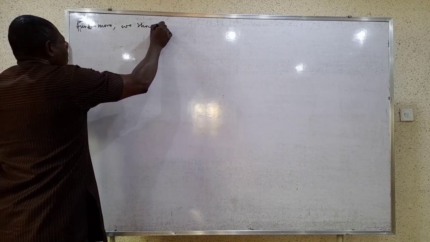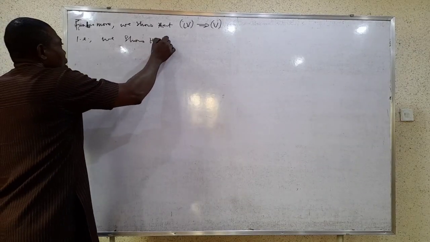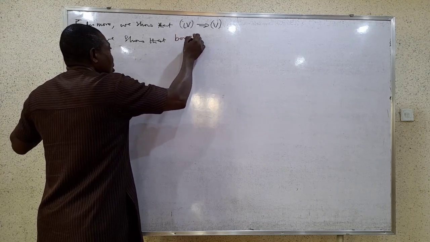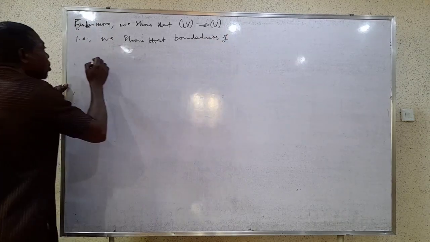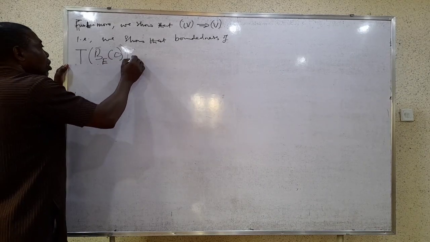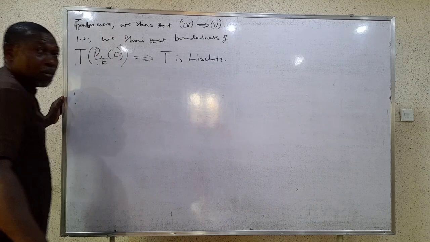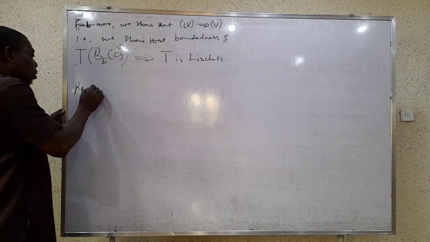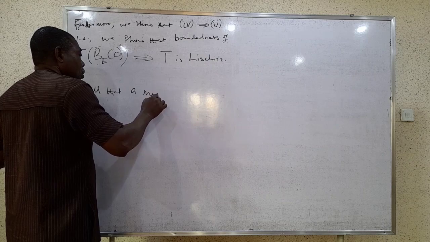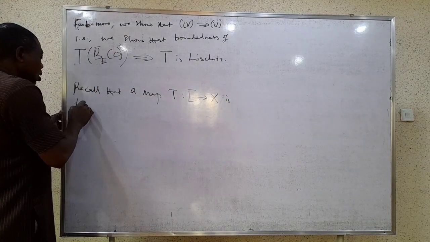We show that boundedness of the image T of the closed ball B bar implies that T is Lipschitz. Recall that T from B to X is Lipschitz